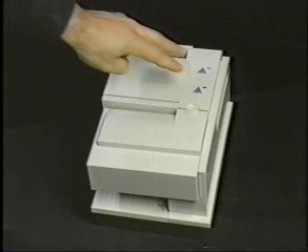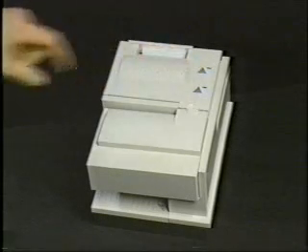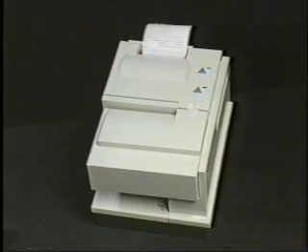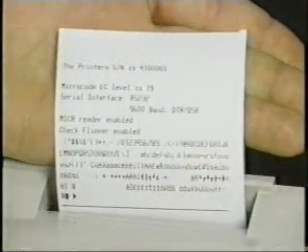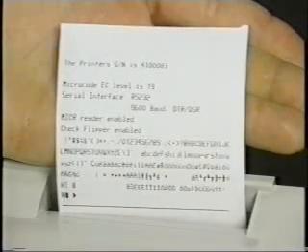To run the customer receipt test, you will have to place the printer in offline mode. Do this by holding both buttons depressed until the ready indicator blinks. Press and release the customer receipt feed button to start the test and print the test pattern. The printout should look like this. If any characters are missing, or if the solid line is missing, you should go to the symptoms chart in